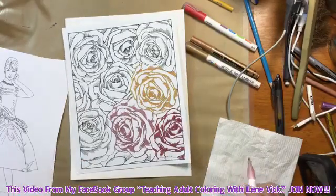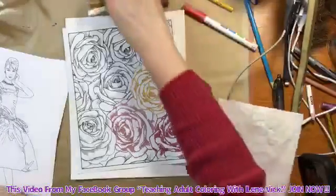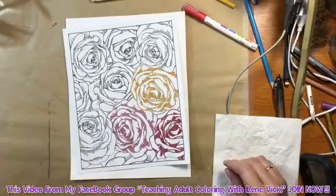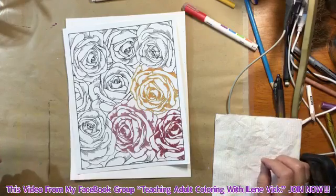What do you guys think of this? Thumbs up, thumbs down? I'm using metallic paint on the edges here to cover up the black. You can use gel pens, zoom in,